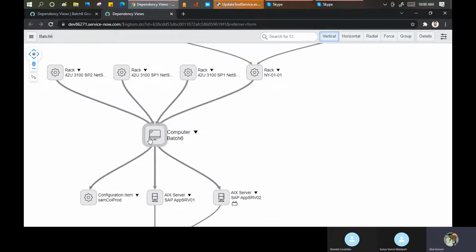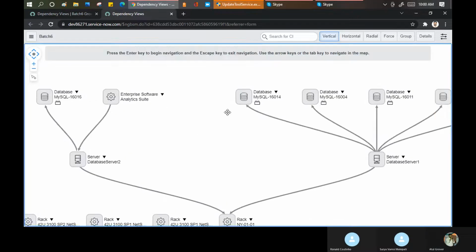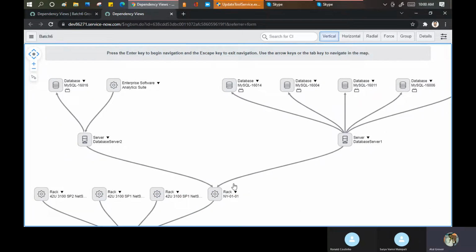See, we started from here, right? We first built these relationships. But when we say this is a child, we selected rack. And when we say rack, it shows the top relationship as well. See, we did not build this; we just built this, but it brings this relationship as well, just to show you. Now the question comes, why is this dependency graph required? Any idea why?